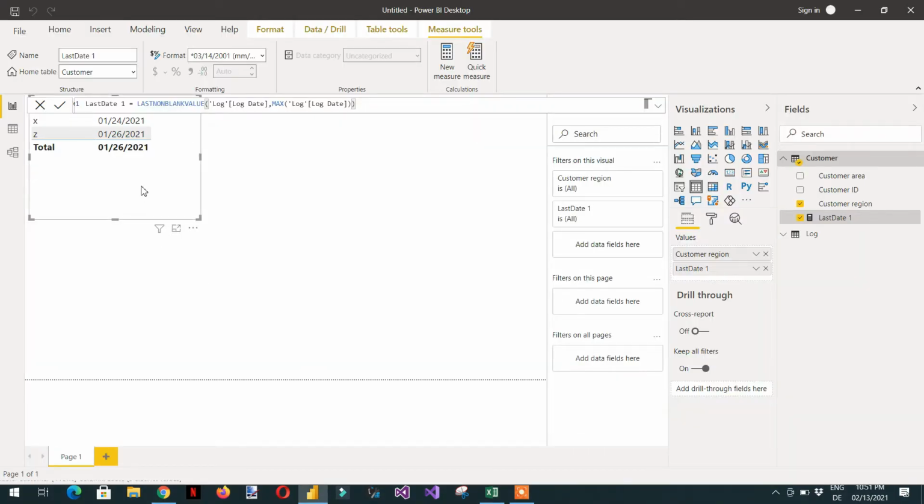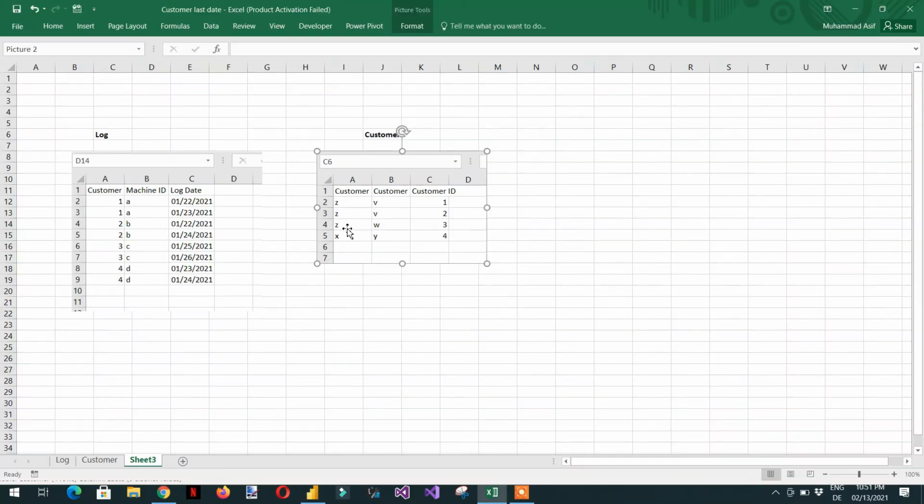So if we look here for the Z, the date is 26. And for the Z, we have 3 IDs, 1, 2, and 3. And if we look at 1, 2, 3, the earliest last date should be 23, but we are getting 26.